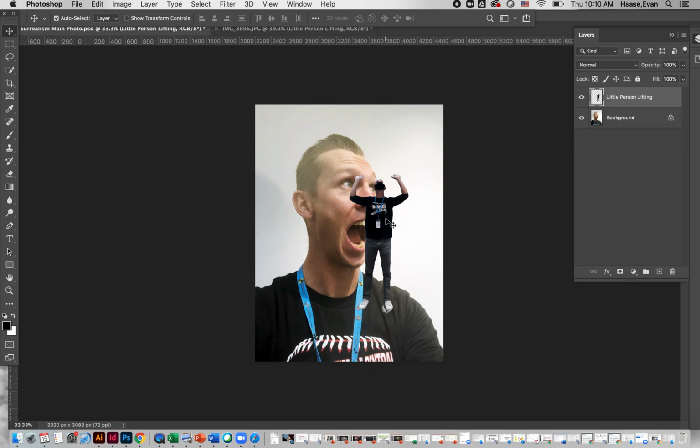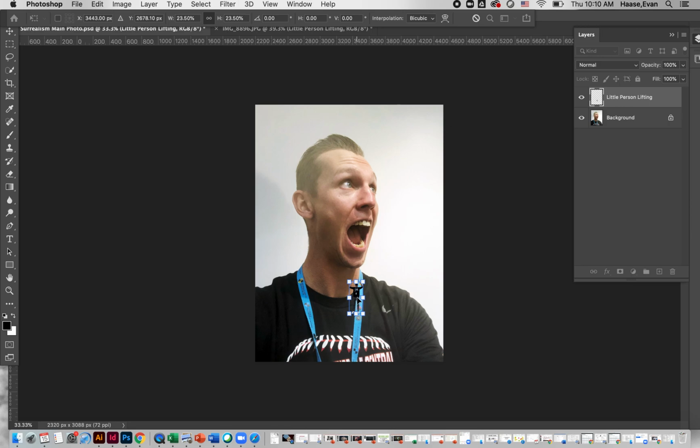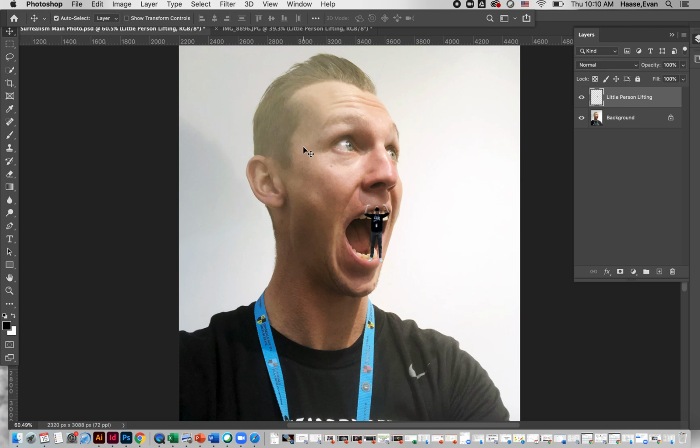So now I can go to Show Transform Controls up at the top here, and I can resize this. And start thinking about where I want to put some of these. Now obviously we're going to go in and adjust the contrast and the imaging of all of these. We're going to adjust the coloring so that it matches, so that it looks all the same. That's why it was important to take all of our pictures at the same time. That way we don't have different colors, we don't have different things that we're dealing with,